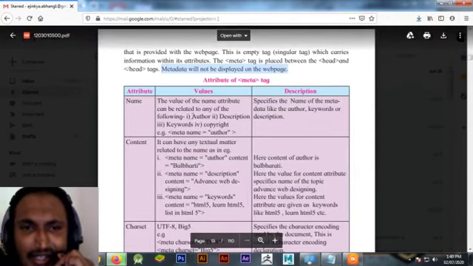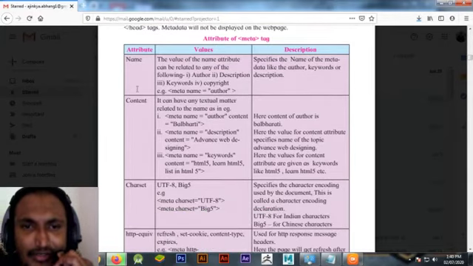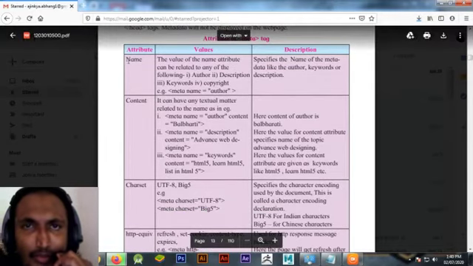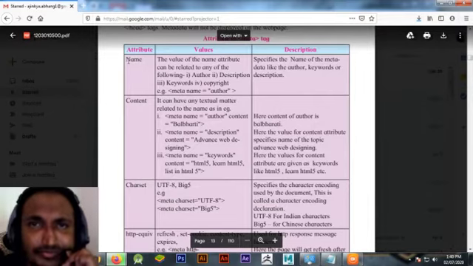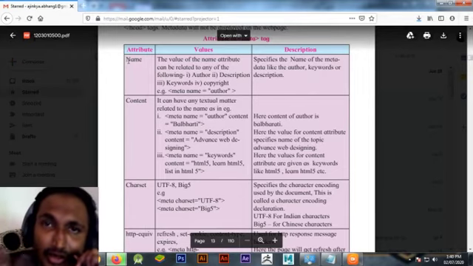Let's see here the different attributes of meta tags. The first attribute is name. It tells what kind of data is on the web page.